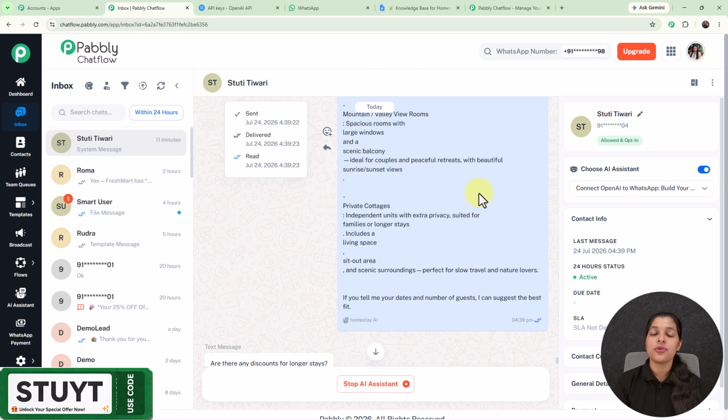So now I have shown you how you can integrate your OpenAI with WhatsApp using Pabbly Chatflow and can automatically